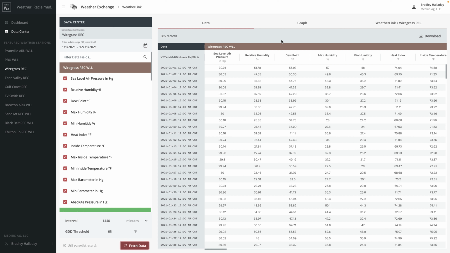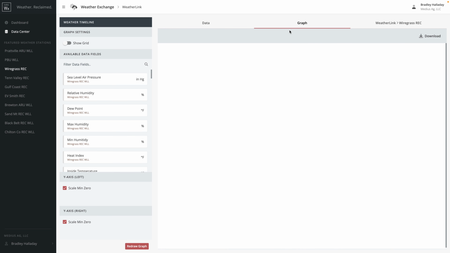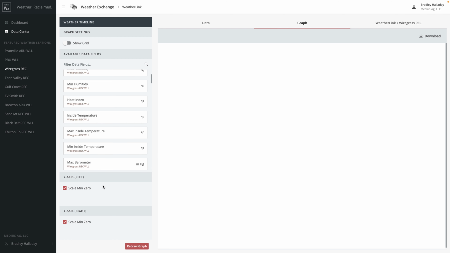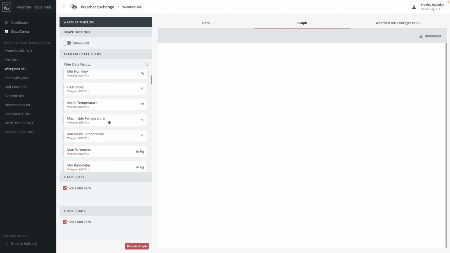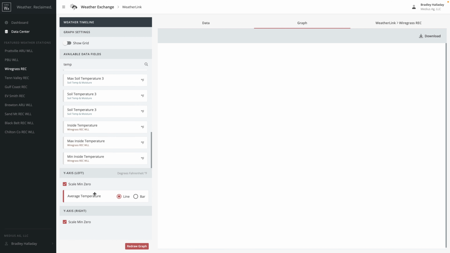So let's say we want a graphical representation of this data for better analysis or for exporting in reports. I can go ahead and click on Graph. Now here under Graph, I will have all of the available data filters, and I can select one of these and choose which axis I want to put it on. So let's start with temperature. I'm just going to search for temperature here, and let's grab our average temperature. We're going to drop that here